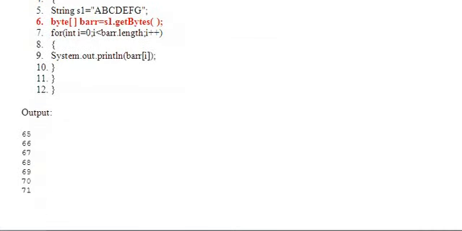So look at the output. We have the ASCII values of all the characters. The ASCII value of capital A is 65 and capital B is 66, then 67 and so on.